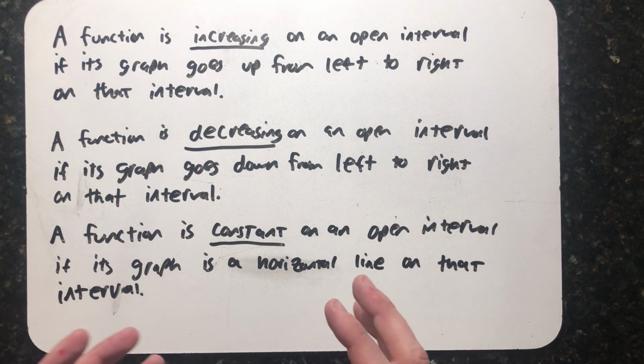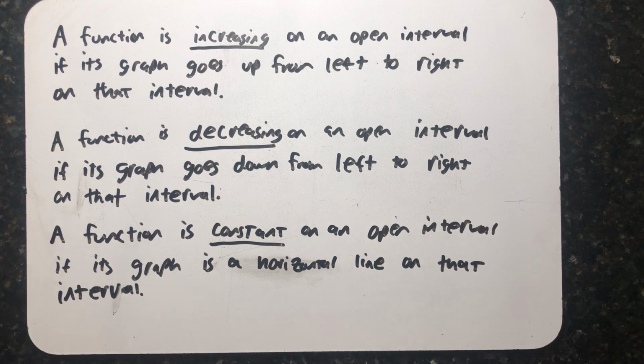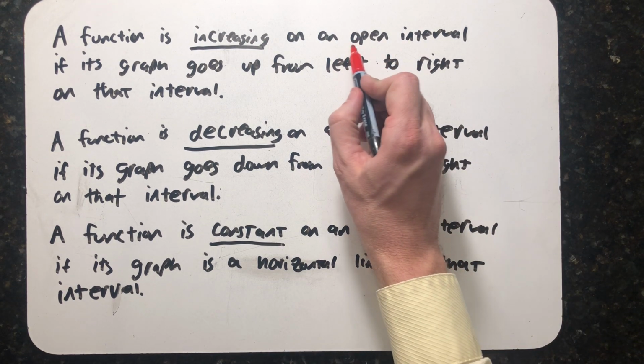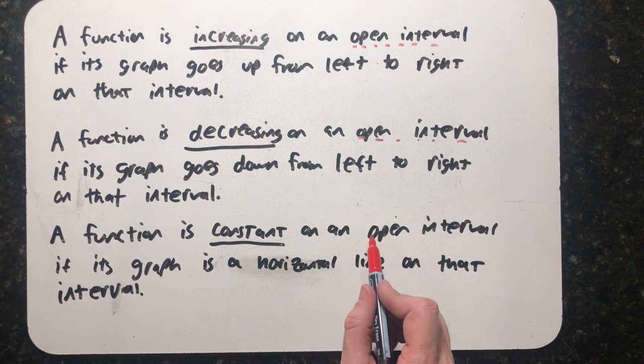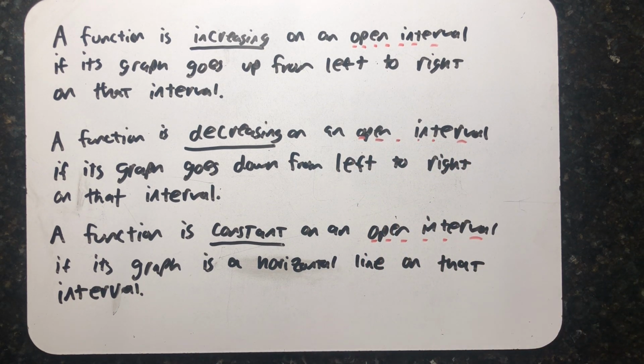So let's see a function that has open intervals on which it's increasing, decreasing, and constant, and see if we can write those down. Before we do that, let me point out one important thing. These definitions are only for open intervals. So let's make sure we know what an open interval is before we go on. If I was to draw a number line,